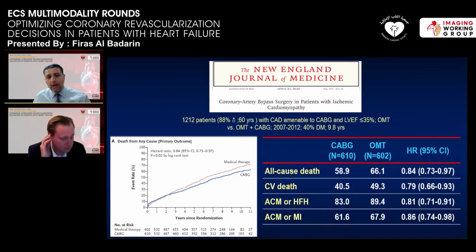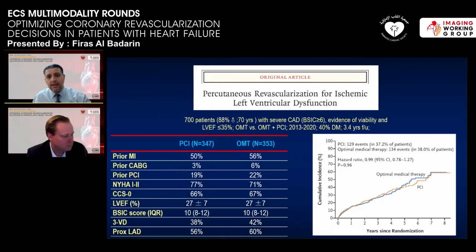So, this is for CABG, but we know that not every patient has acceptable risk to undergo CABG. Not every patient wants to undergo CABG if you ask them. And CABG in the setting of LV dysfunction carries a substantial perioperative risk, as also has been discussed. So this is why the